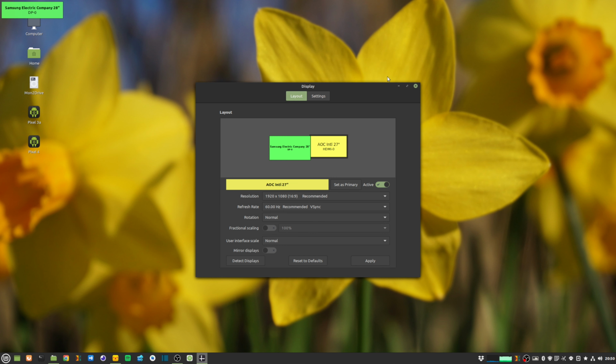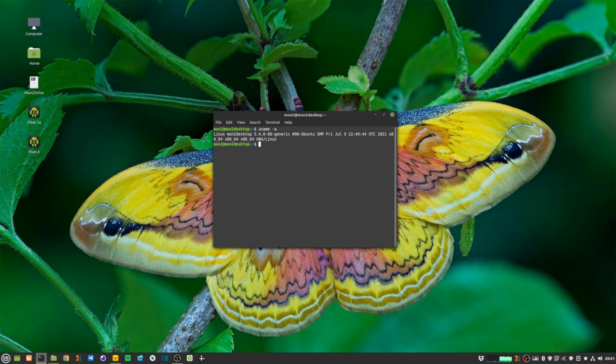This desktop supports fractional scaling as well, and it really works well for me because I have a 4K Samsung 28-inch monitor and also a standard Full HD AOC monitor. For my Samsung, I always turn the fractional scaling on and run it at 175%. This distro is using the Linux kernel version 5.4.